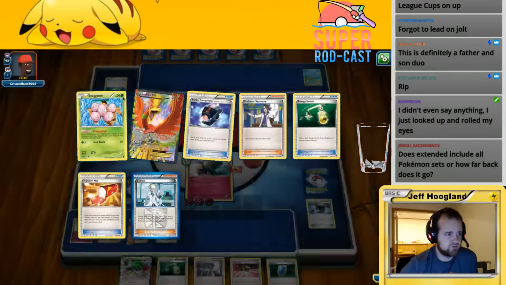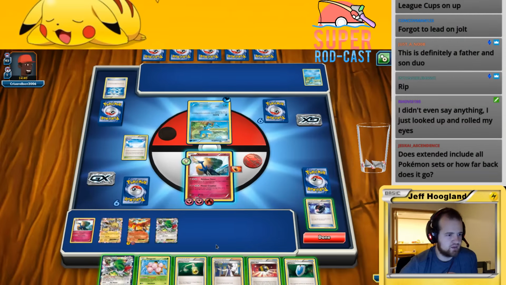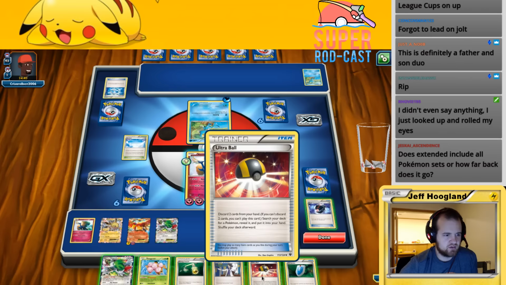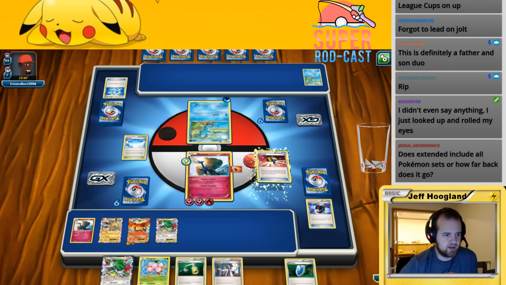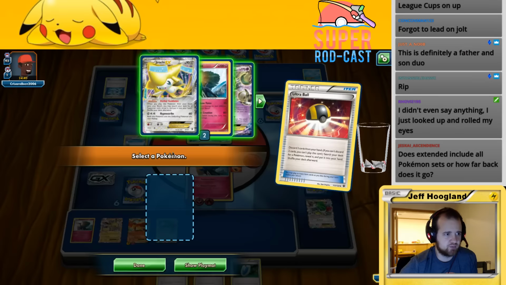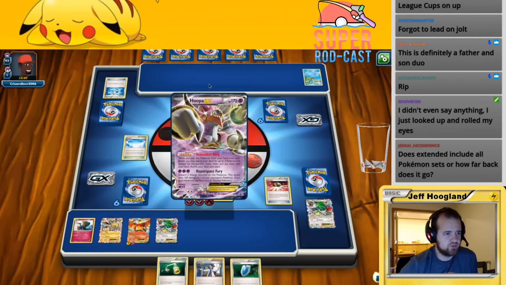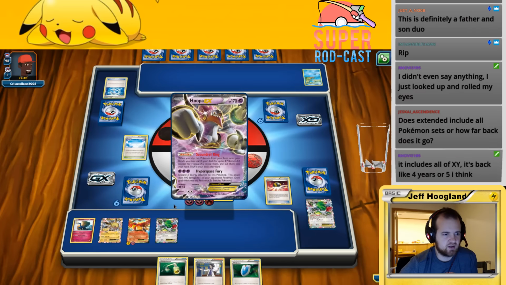So now we can go ahead and bring this Exeggcute back to my hand. And then we can Ultra Ball, and I'm just going to fill my bench here. So I'm going to Ultra Ball discarding these. I'm going to fill my bench with different types of Pokemon here. I'm going to grab Hoopa. Oh, the Keldeo is in my prizes. Okay,